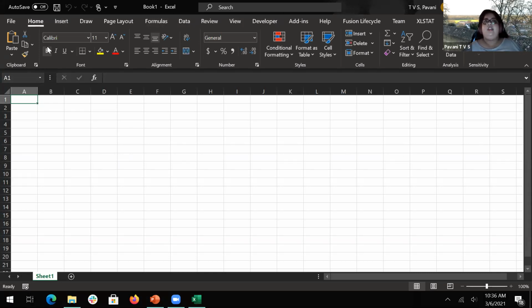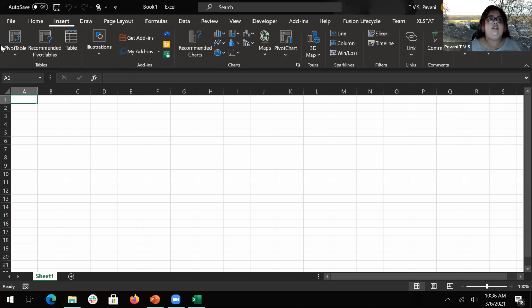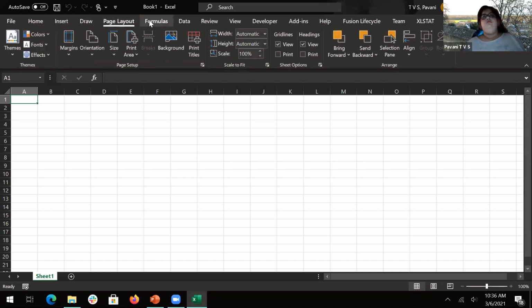So there are different kinds of attributes. I'm not going to go into detail because I already shared that pre-work session. A few of the important things are saving, removing duplicates, and formatting. And there are a few other things like conditional formatting, which I'll explain in the next slides. And pivots would come here, where you can see in the insert tab. There are two types that I'll also discuss in a later part. And these are page layouts, how you're going to align your page.